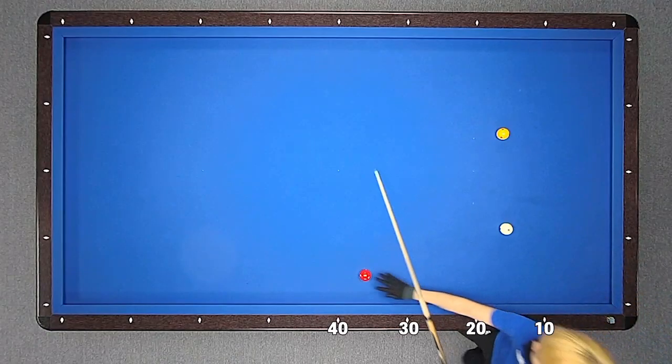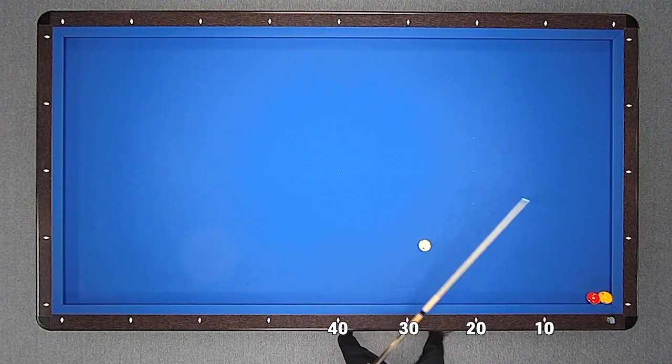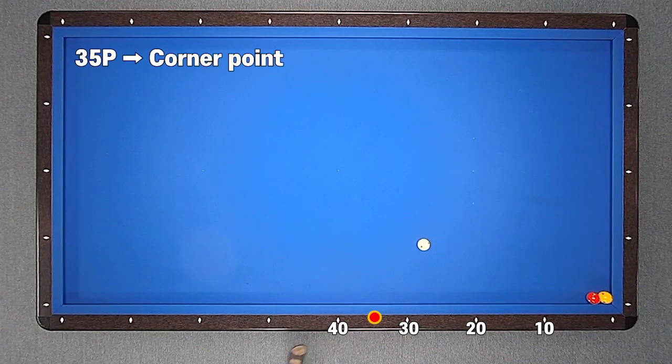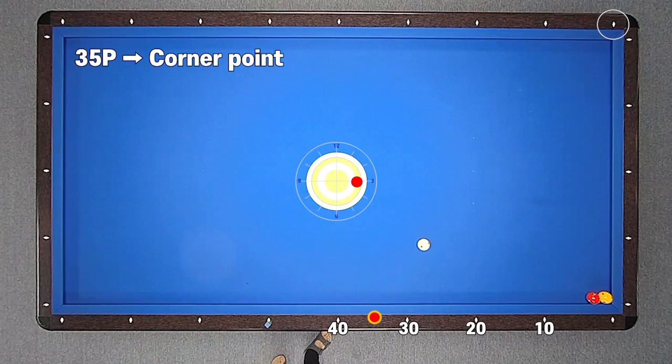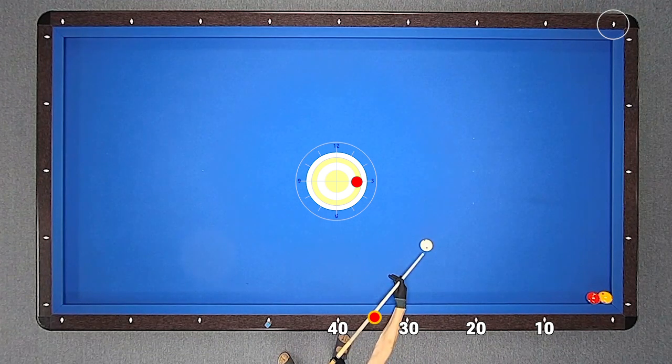As with the system name of 35½, on the basis of 35 points. At 35, look at the opposite side of the long cushion corner point and send it with mid-area 3 tips. The cue ball turns around and returns to its place at 35 points. It's not a corner, it's a corner point.